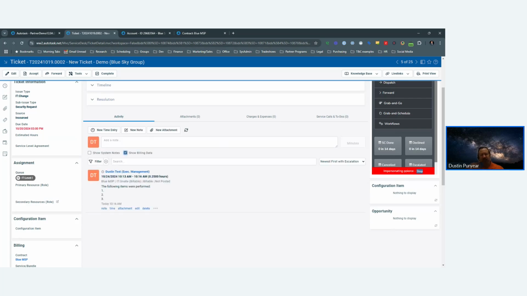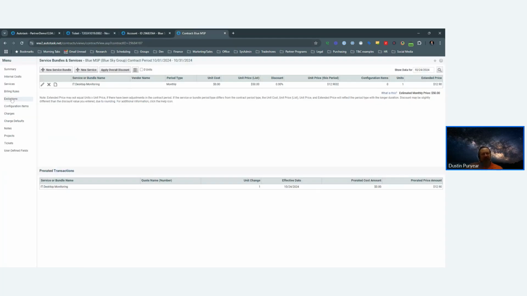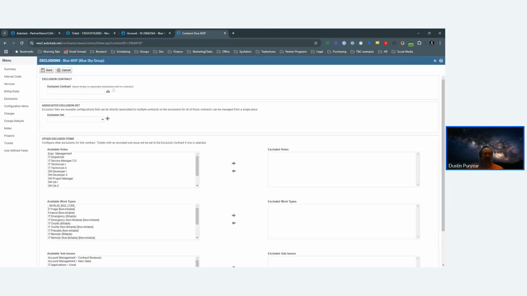The problem here is what happens when we don't want on-site support covered. Maybe your MSP contract is only for remote support. And so what we would do is we would create an exclusion, and I'm going to show you how to make this super easy going forward. And we would say, hey, look, I don't want on-site support,